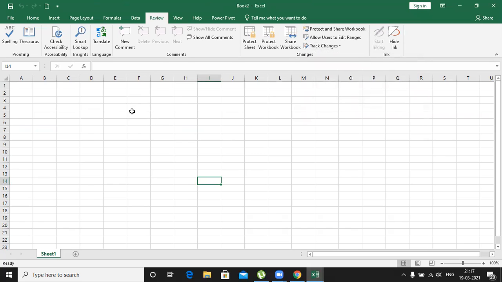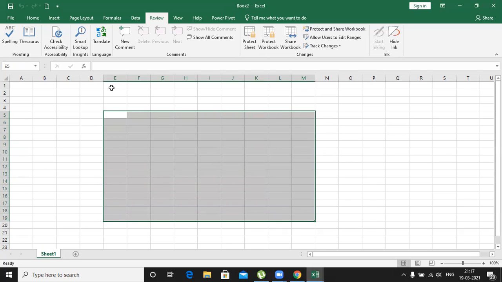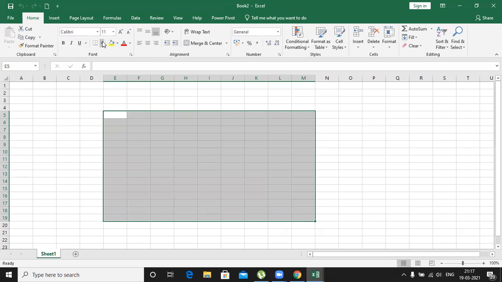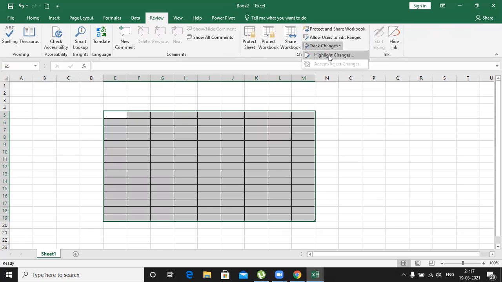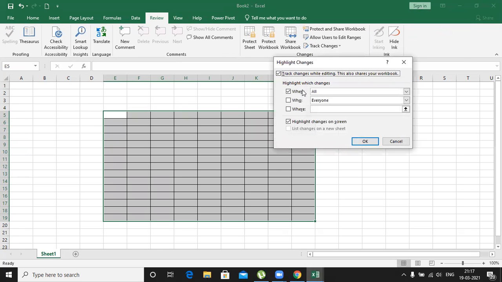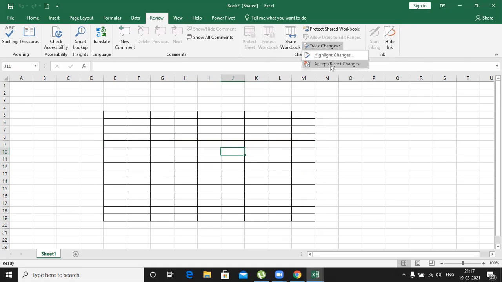Now I wanted to apply the track changes only for a certain area. So you assume this is your important data. Select, go to the review and apply. That's it. Then if you enter something, it will track the changes, and reject all if you don't want.